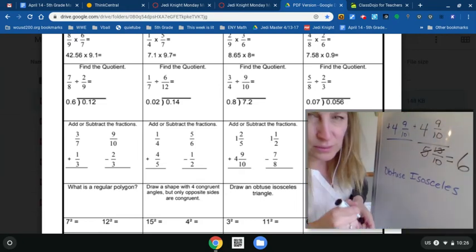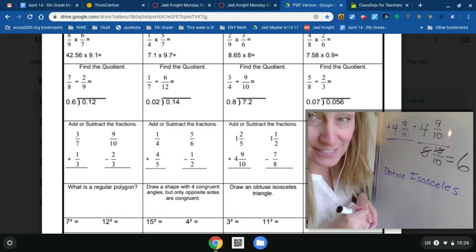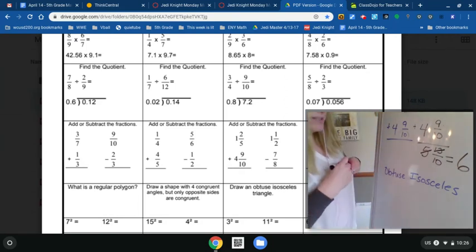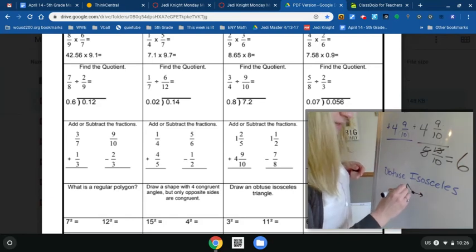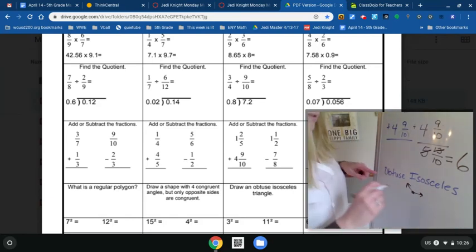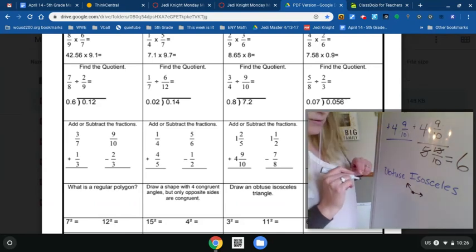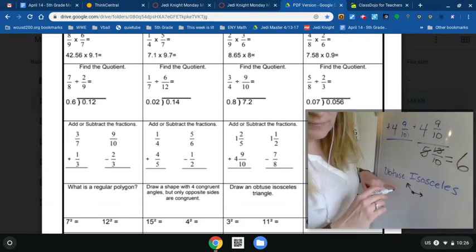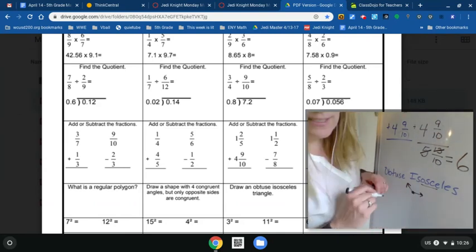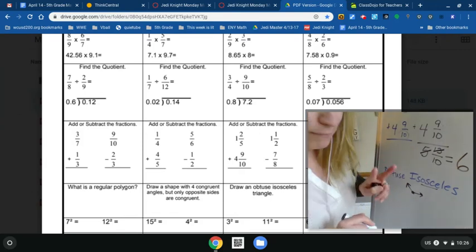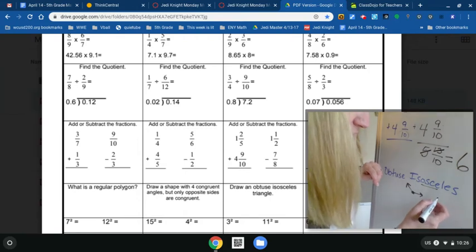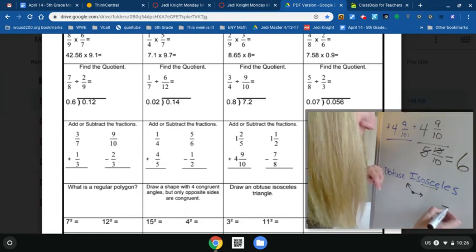One of the other questions was, draw an obtuse isosceles triangle. That's fun. So obtuse, an angle that's bigger, larger than 90 degrees, right? So you want to have a large angle inside your triangle. But isosceles tells us something very special. It tells us that two of the sides have to be exactly the same length. So if I make sure I have my obtuse angle